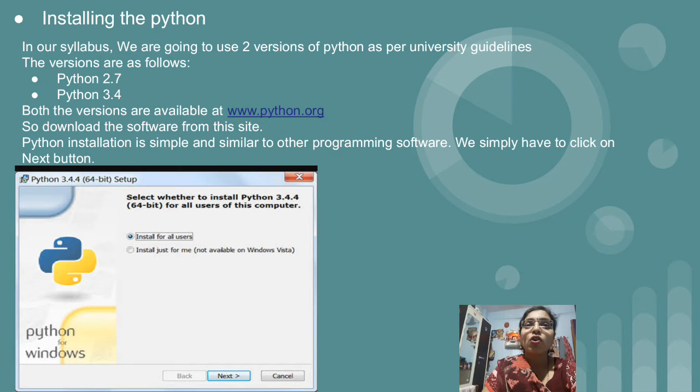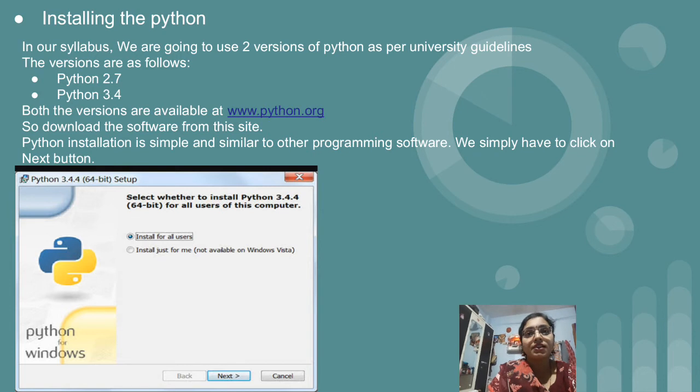Normally, in the installation process, once you download the setup, after double clicking on the file you just have to click on the next button. But before that, one important thing: when you install the software, select the option to install for all users. That is the only thing I want to tell you. After that, when it asks next, save, such options you select, like in other software installations.